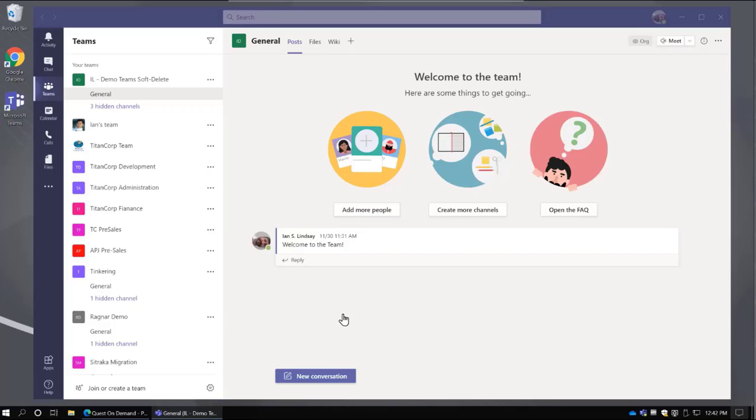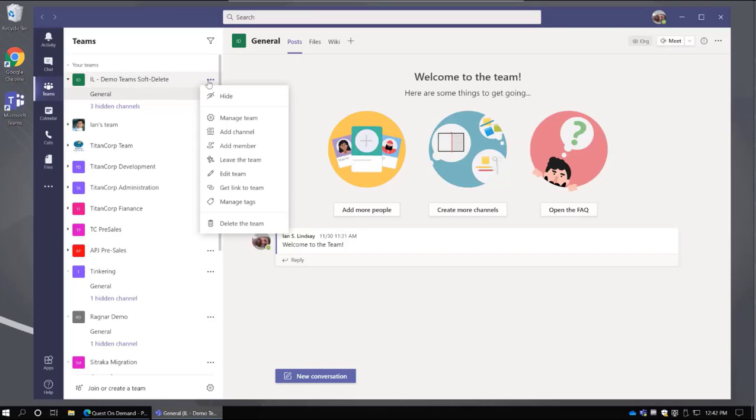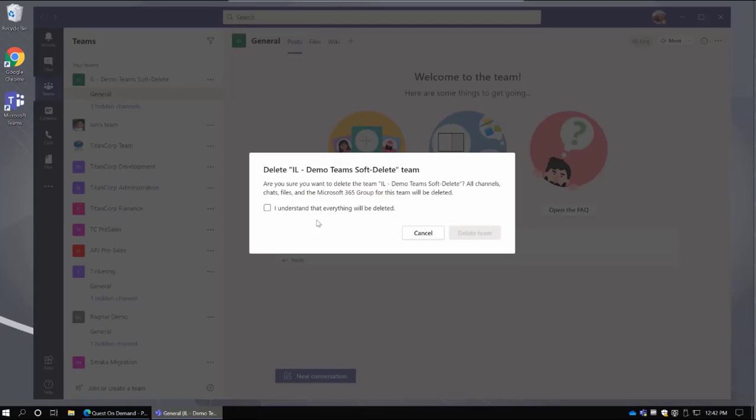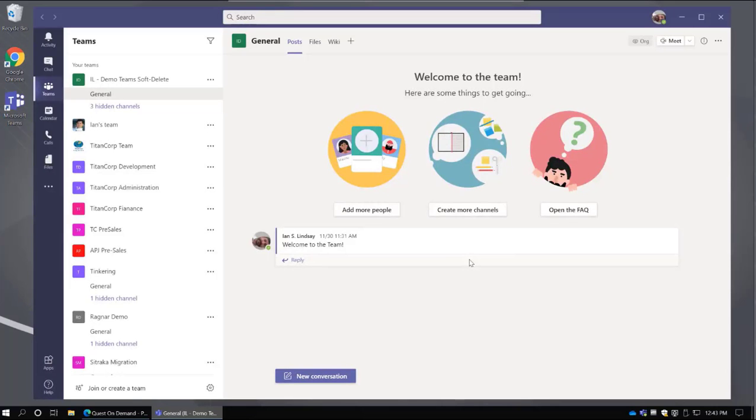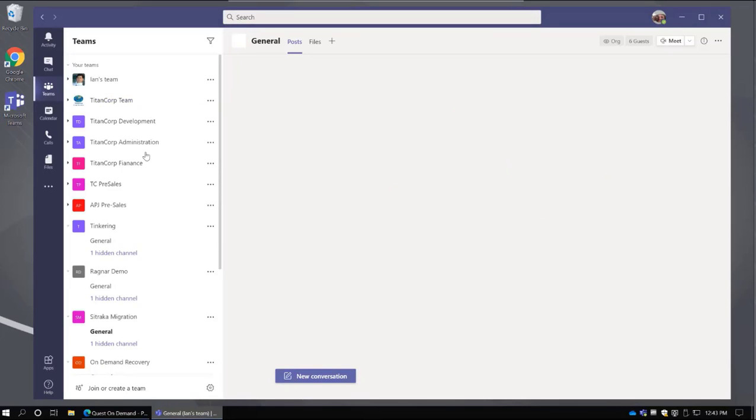The other scenario is a soft delete of a team. Now this could happen in a manner that I'm going to show here. So I'm in a Teams client. For some reason, a user clicks on the menu for the team, hits delete. Yeah, I don't think I need this anymore. We'll check, go ahead and hit delete team. The team will disappear from my client in just a second or two, and the team is now in a soft